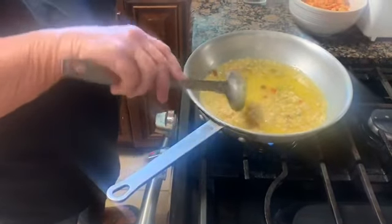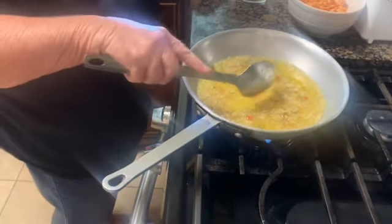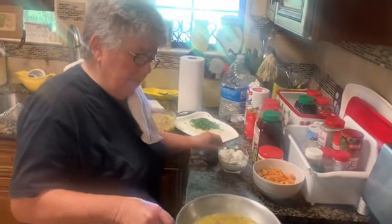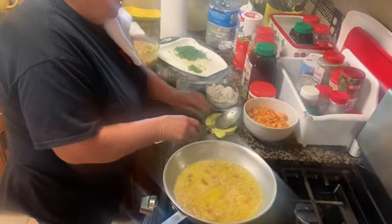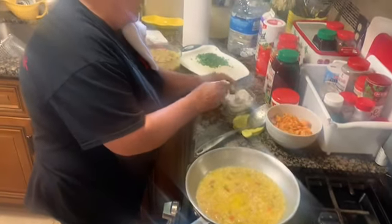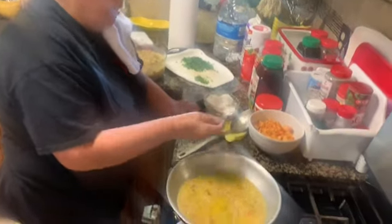And also jalapeno. You can leave jalapenos out if you don't like it a little spicy. But everybody in our family likes spicy. And everybody in this area likes spicy. Okay, then you're gonna put